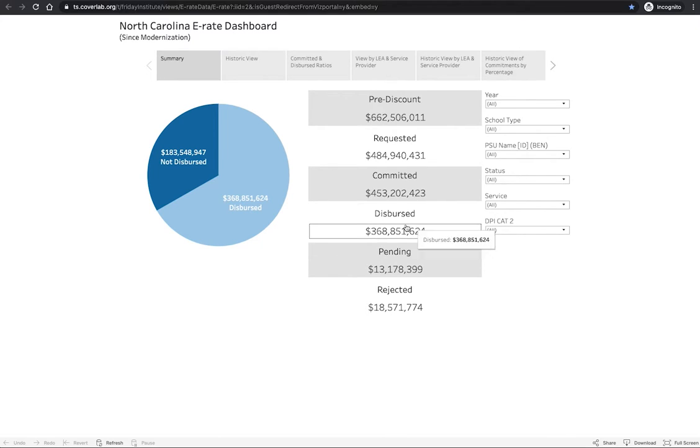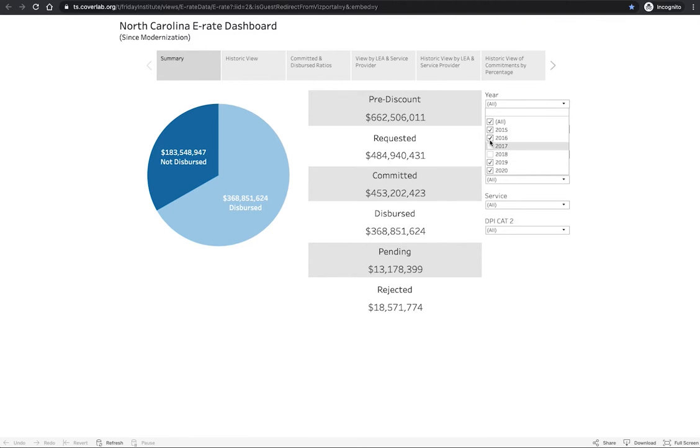Then we have the dispersed amount, which is the actual money that has flown from the FCC to the state, to the tune of $368 million since 2015. And keeping in mind the 2020 year is not really reflected in here. The E-rate cycle is about a 1.5-year process where people apply for E-rate and receive it. We could do a whole another video on E-rate, so I'm going to have to assume you at least know that the school districts have a federal program that they can apply for funding, and then they are reimbursed once the services are received.